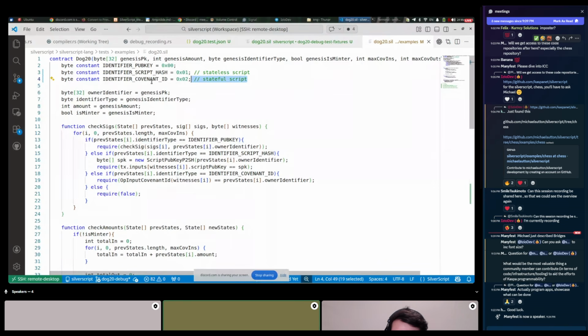So in this case, layer 2 will own some of the tokens, just like in a UTXO, using the identifier covenant ID, and the layer 2 rollup will only allow attaching an input to a transaction that spends it only if the L2 state has the correct state that allows the spending of those tokens.